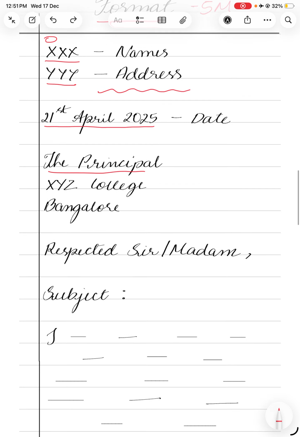Now you're supposed to write the letter inviting the principal. So suppose I do not mention it as invitation letter. Just by looking at the question, you will understand that it is an invitation letter. How? Because of the word inviting. So you would know that you are inviting someone. Now let us take a look at the other question. Write a letter to the principal of your college requesting permission to organize a study tour. Now if you want to know what kind of letter it is, it is easily mentioned that it is a requesting letter.